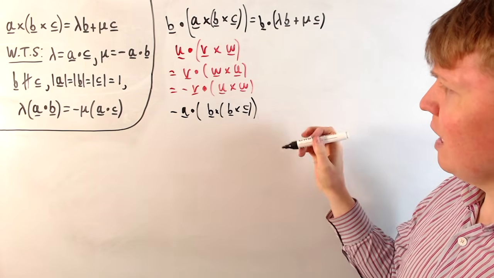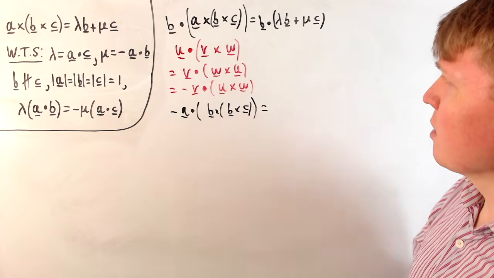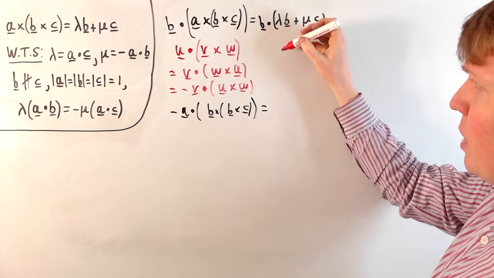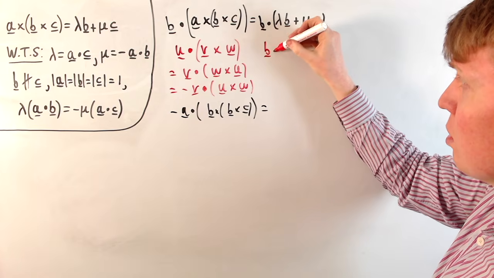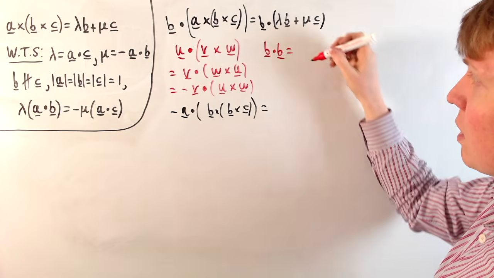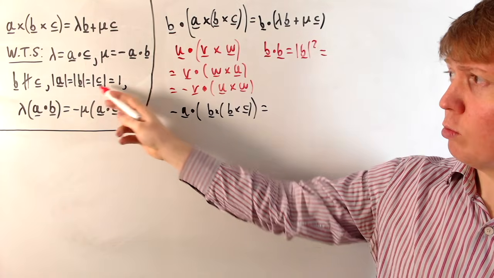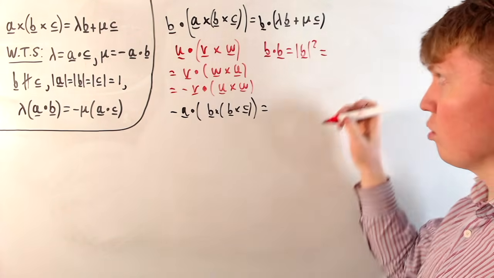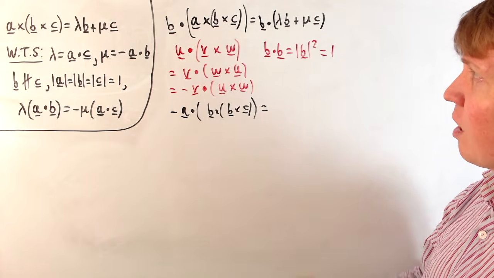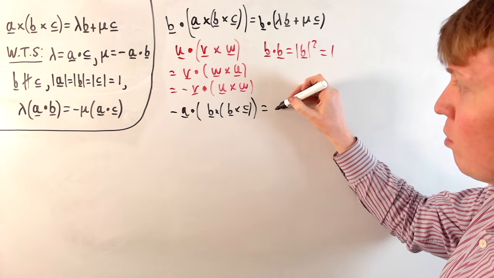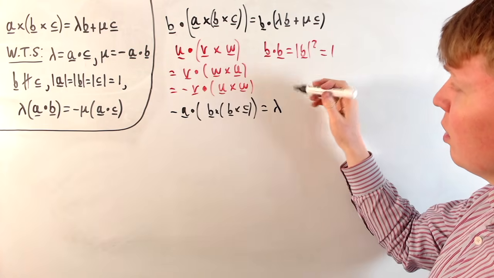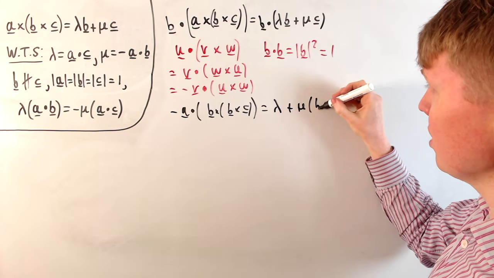B cross W in brackets, sorry, B cross C. So this is our left-hand side now, and the right-hand side, you can see where we're going to get B dot B here when we expand the brackets. Just notice that any vector, the dot product for this with itself is the magnitude squared of that vector. But now, because we're working with unit vectors, this is of course just going to be 1, which is particularly nice. You just get lambda times B dot B, which is just lambda times 1, and plus mu times B